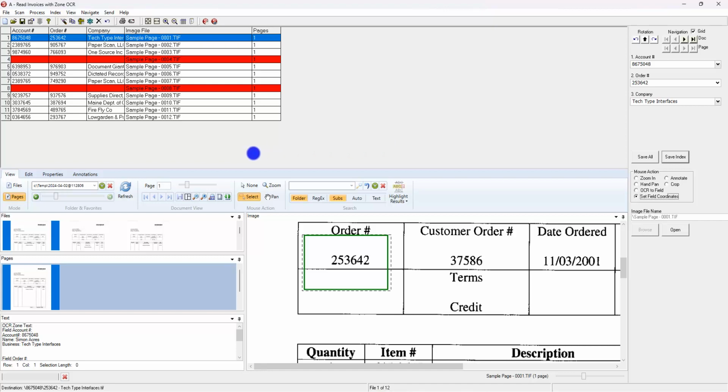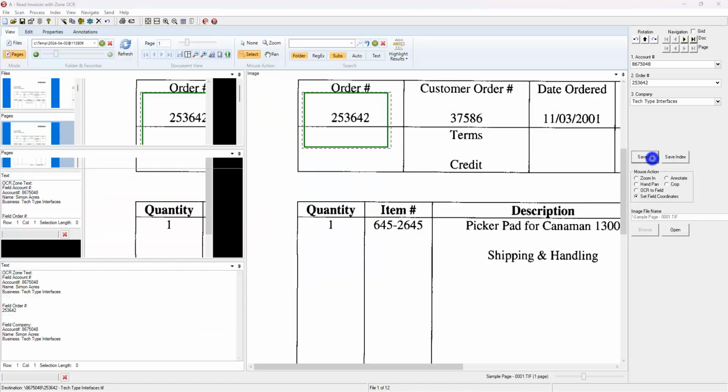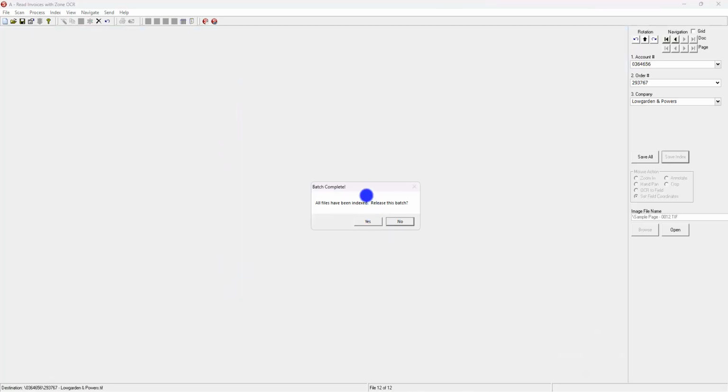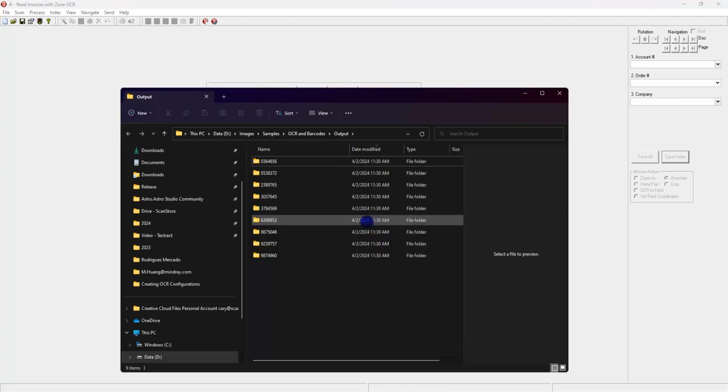But as we were saying, we can see that everything has an index value, so I can really just go over here and hit Save All. It's going to tell me that it's going to assign all those index values to each document, so we'll do that. Now it's assigned them. Do we want to release the batch? Certainly. And then it's going to bring up the output folder here,